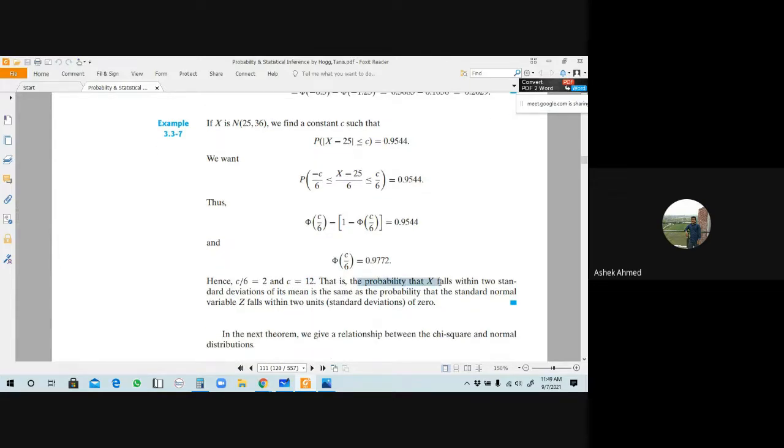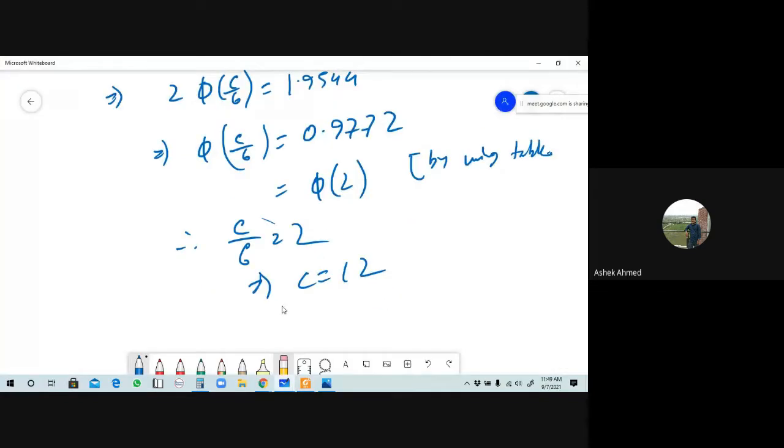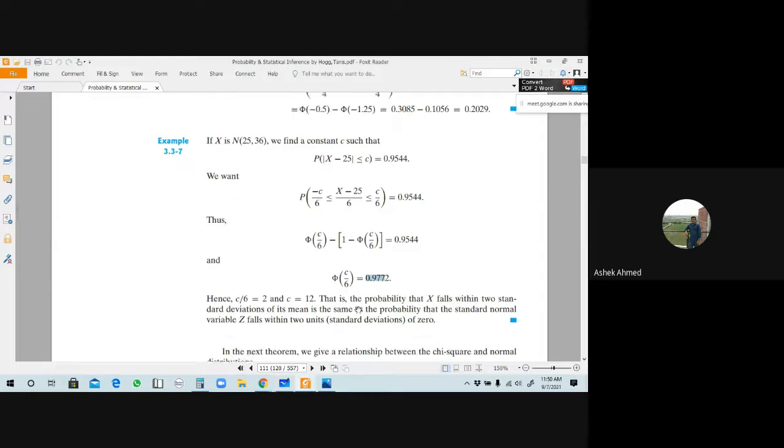That is the property that x falls within two standard deviations of its mean is the same as the property that the standard normal variable z falls within 2 units of 0. এর 2 ইউনিটসে কি লেফট থাকবে এবং রাইট কেন থাকবে, আমাদের z এর মান এখানে কত। যদি এটা মিন 0 হয়, নরমাল টেবিল কনসিডার করি, এই পসিবিলিটি 0 হয় তো 0 লেফট সাইডে কি থাকে প্লাস z আর দিস ইজ মাইনাস z। ওকে, তাহলে আমাদের খেয়াল রাখতে হবে 0 এর দুই দিকে আছে যদি কি 2 কনসিডার করা আছে, এই কনসেপ্ট অ্যাপ্লাই করে।